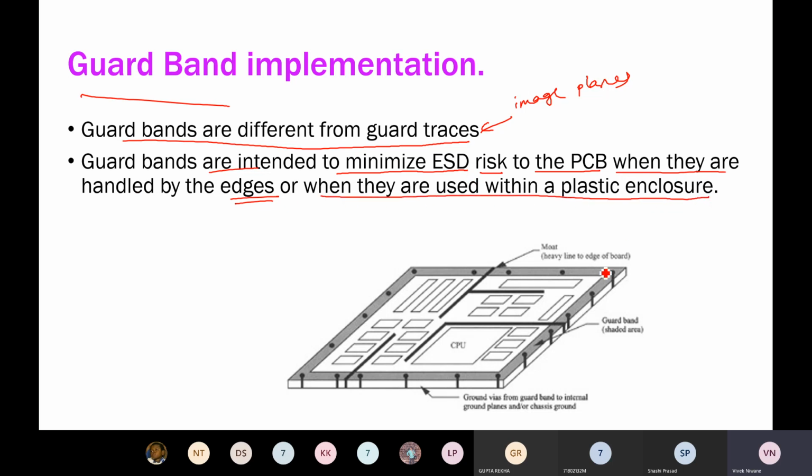Static charge develop हो जाता है. So always you do have the guard bands where we can hold that PCB. If you put your bare fingers on the tracks, you are going to give a shock to those PCB components. So to protect everything, we have a special ring around the PCB to handle the PCB itself. So these are the guard bands.